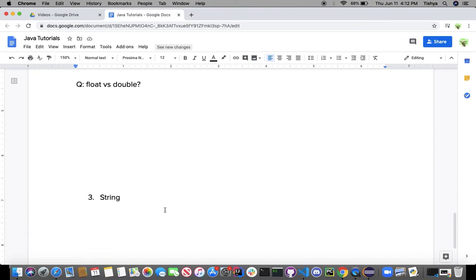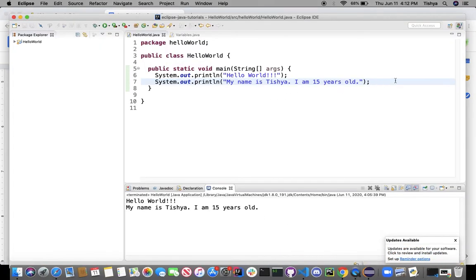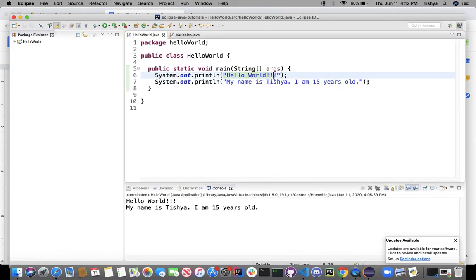Now, an additional data type that's very commonly used is a string, and we actually caught a glimpse of it in our Hello World program. What we see here is that whatever is within these double quotes is an example of a string. Strings are a little bit different from the previous 8 data types that we just talked about,